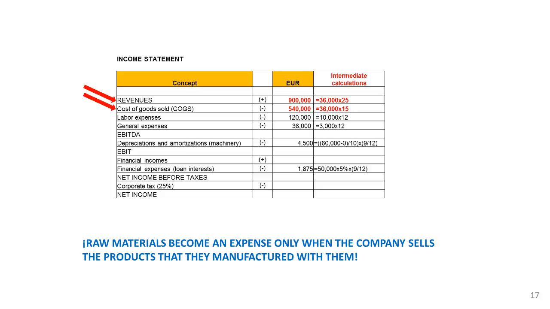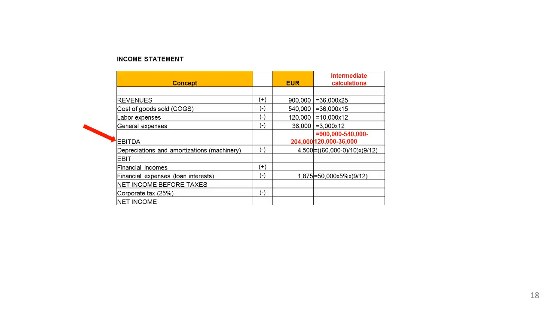their purchase price. At this point, we can already calculate some partial results that are included within the format of the income statement. For example, EBITDA, which means earnings before interest, taxes, depreciations, and amortizations. According to the name of the first partial result, this requires subtracting labor and general expenses and cost of goods sold from the revenues. If we subtract depreciation expenses from EBITDA, we will get EBIT, which means earnings before interest